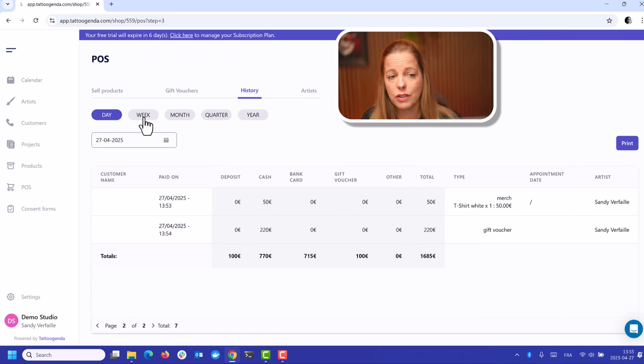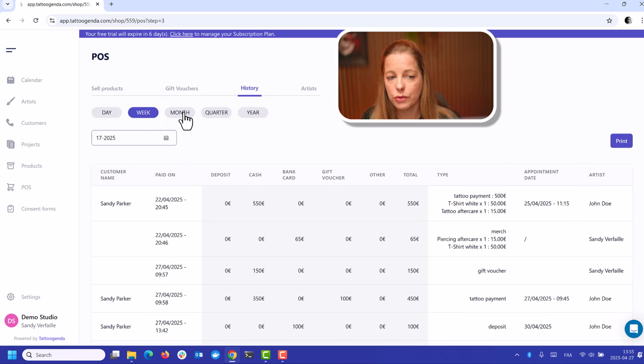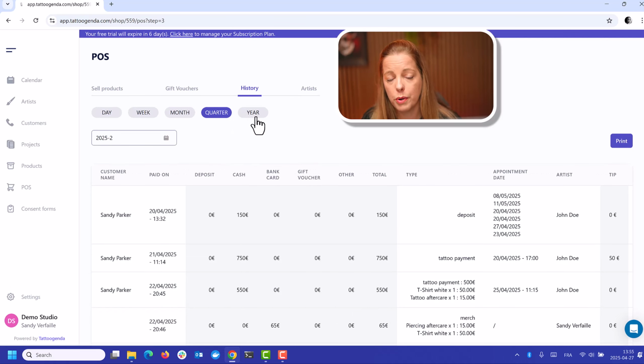As you can see, this was just a list per day. You can also draw a list per week, per month, per quarter, or per year. This is useful for when you want to compare this quarter to the same quarter last year, for example, or if you want to compare this year to last year, if you keep that kind of financial records.